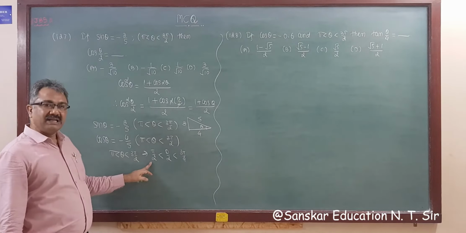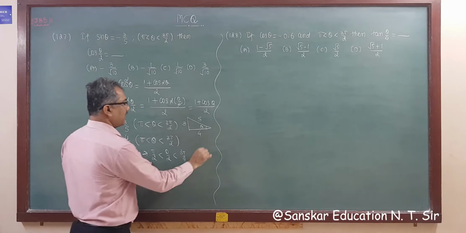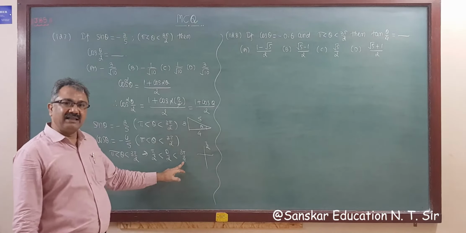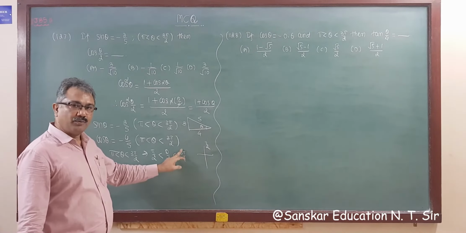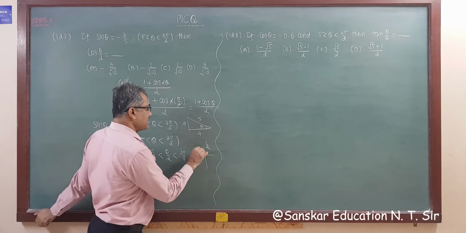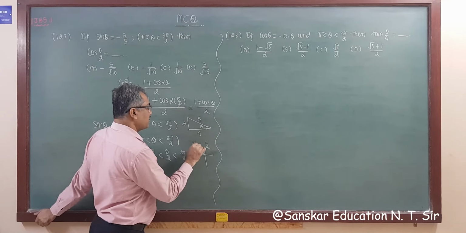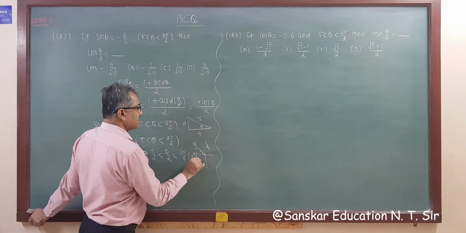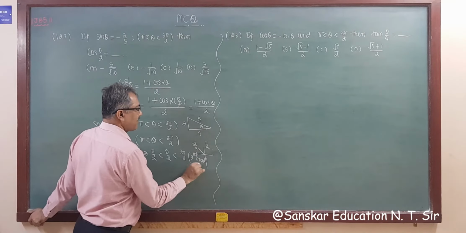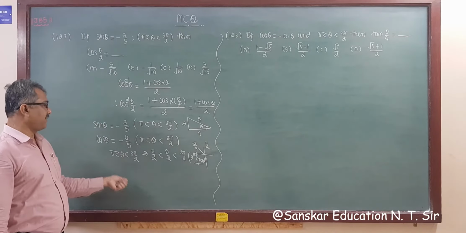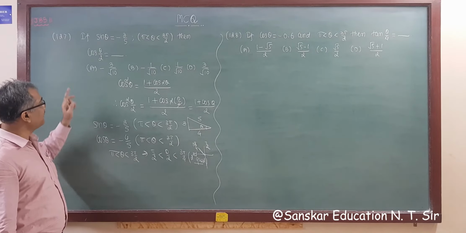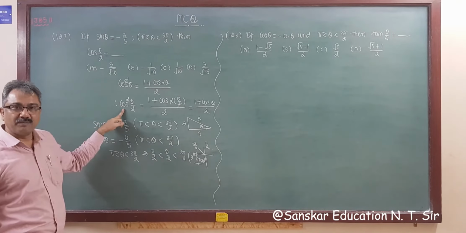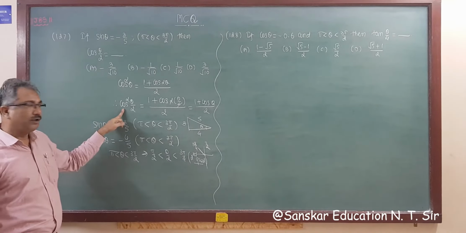So pi by 2 is 90. So 90 is here. And 3 pi by 4, 1 less than the denominator in numerator, that is in second quadrant. So this is your 3 pi by 4. So this lies in second quadrant. And in second quadrant, cos is negative. So we have to take a square root of this as negative, not positive.